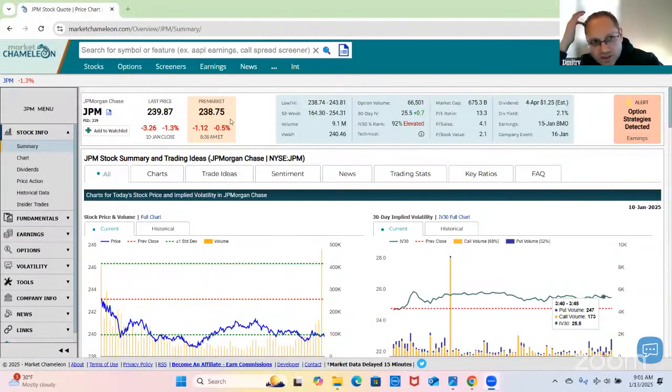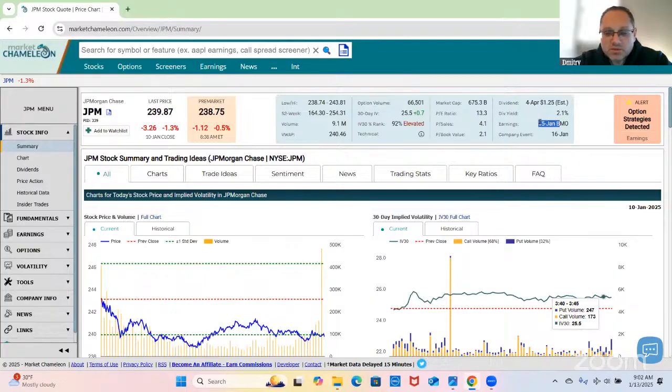And I think what we'll cover today is analyzing JP Morgan's earnings moves and options around earnings from a historical perspective. JP Morgan is expected to report earnings, I believe, this week, on the 15th, before the market opens. So in a couple days, and ahead of those earnings, let's take a look at